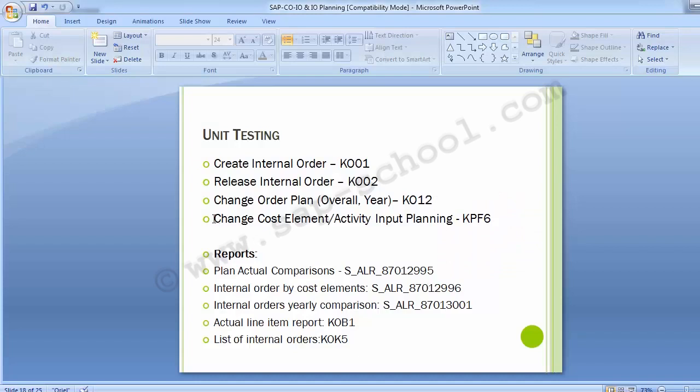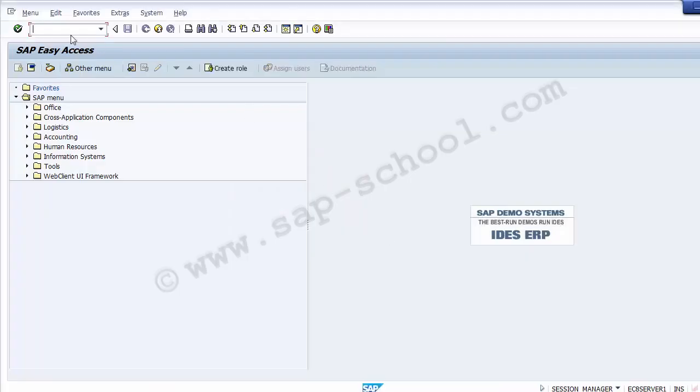Moving to the next, you can even plan on the basis of cost element, or breakup wise, like expense to expense on the basis of internal order, just like we did for cost center on the basis of cost elements. Similarly, you can plan the internal order on the basis of cost elements too. So for the planning of internal order on the basis of cost element, the transaction is KPF6. So moving to the transaction